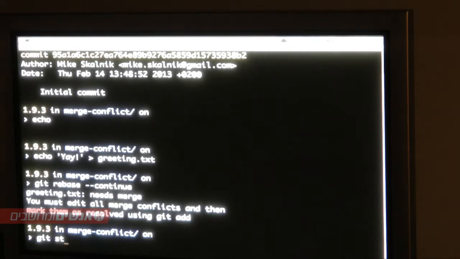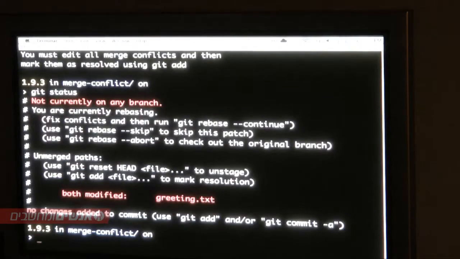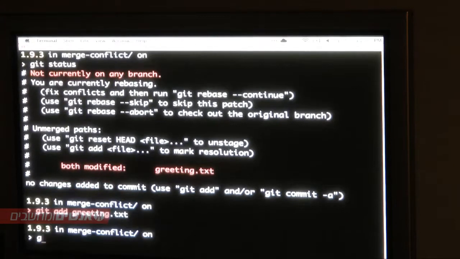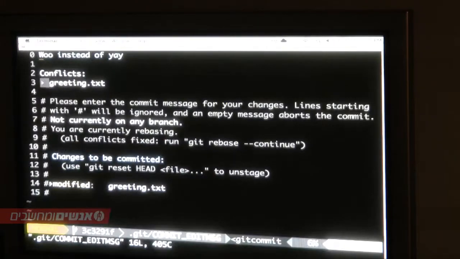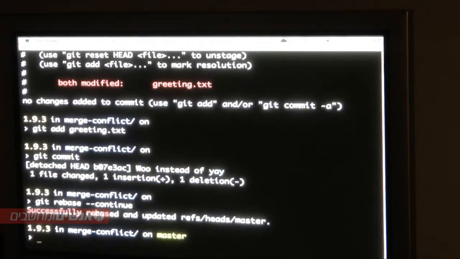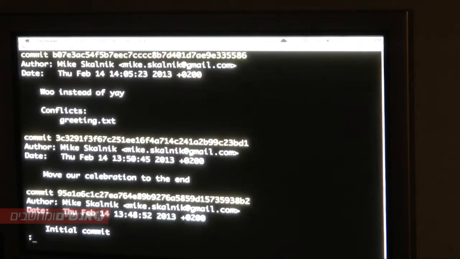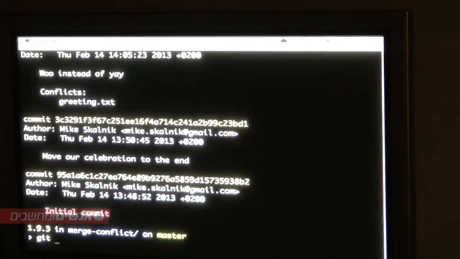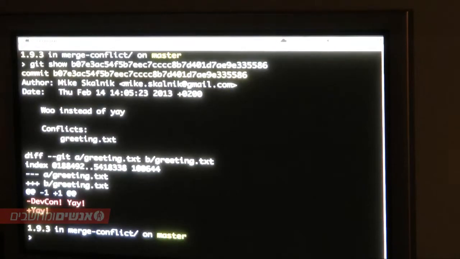So if we do a git status, it says, okay, that was a merge right there, so you need to go ahead and add this file. We can add it and be on our way. And now we can see our history is going to stay the same, but these numbers have changed. And if we look at that actual change, we see our commit that we changed right there has changed exactly how we wanted it to.